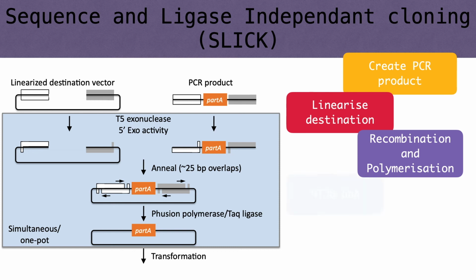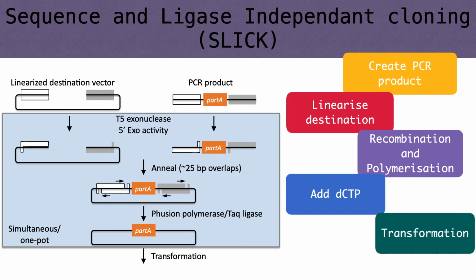After that, we have to add nucleotides. Adding dCTP will help to prevent the digestion and promote the polymerization. After that, we have to transform our recombinant into the specific host cell, as I already mentioned for the other types of cloning. And finally, we have to select the right recombinant through colony PCR or any other